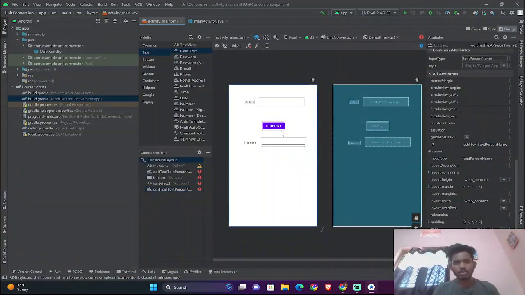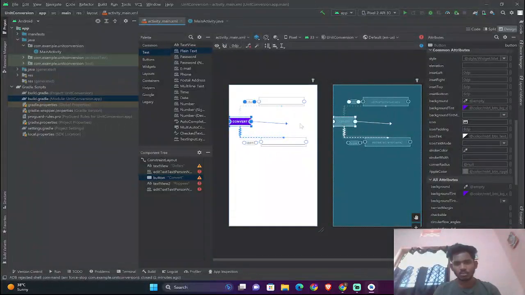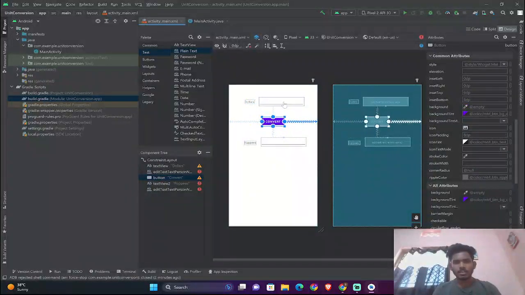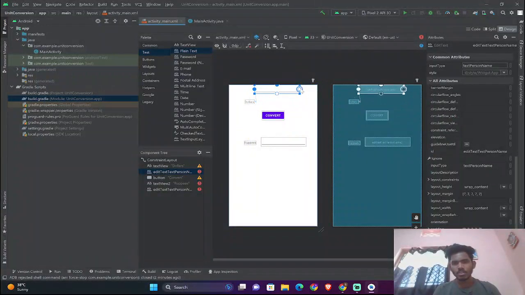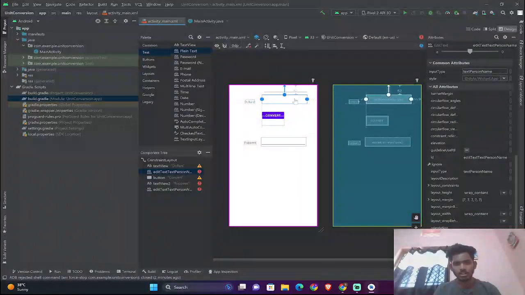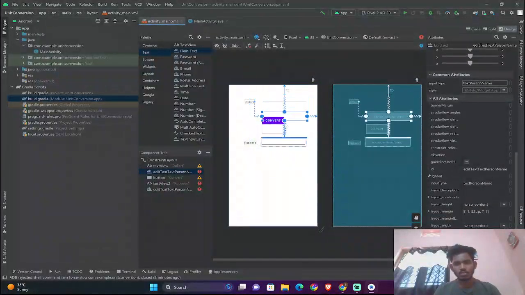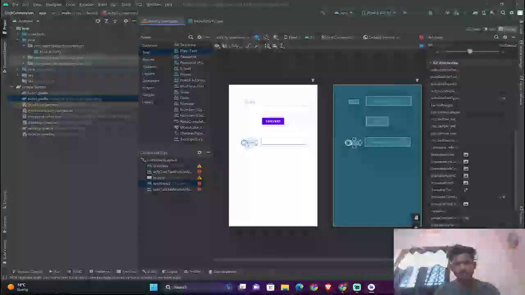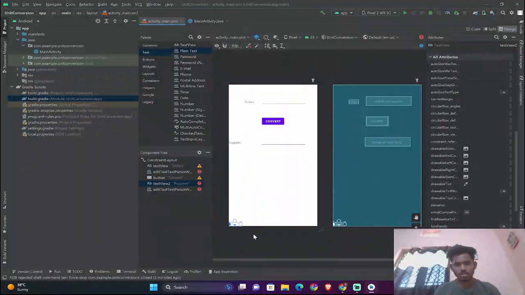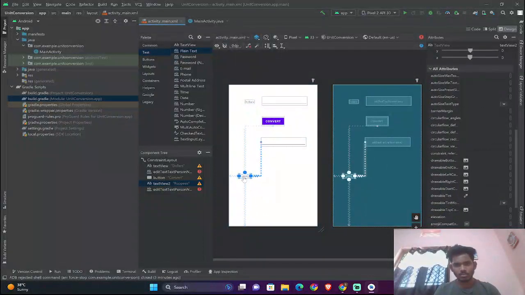We will display our given value in this space, in rupees. Now we have to constrain it all so it won't be moving, like we are fixing it, right guys? I don't think there is any confusion here in the constraint layout. So we are constraining it from all four sides.